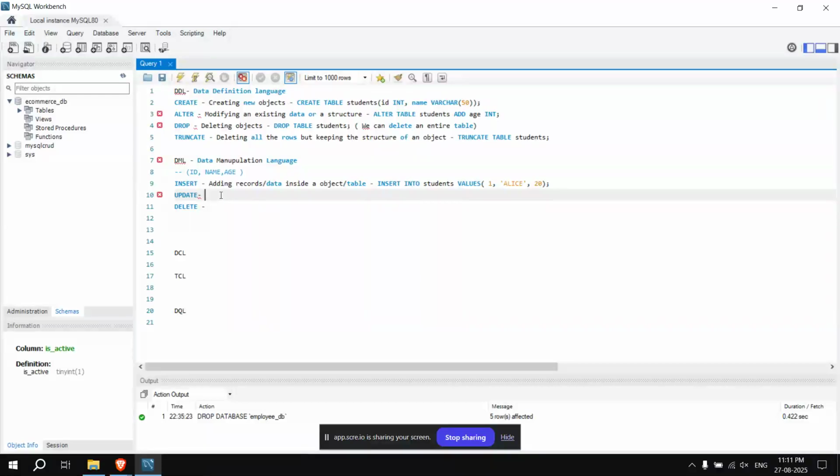What does update mean? It means modifying records or data inside a table.